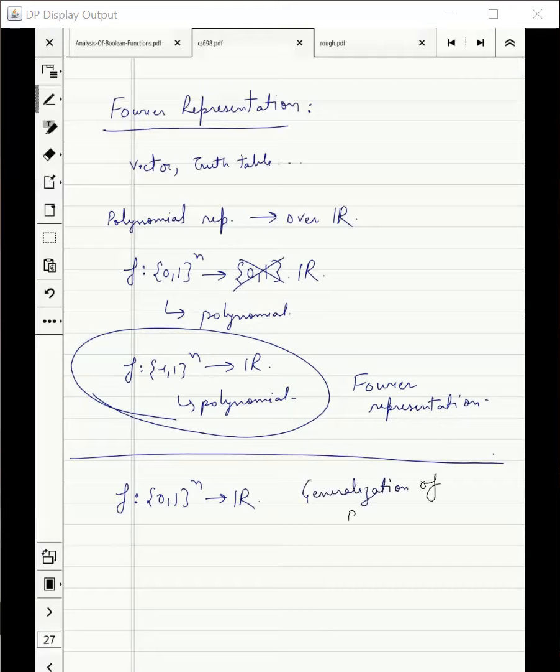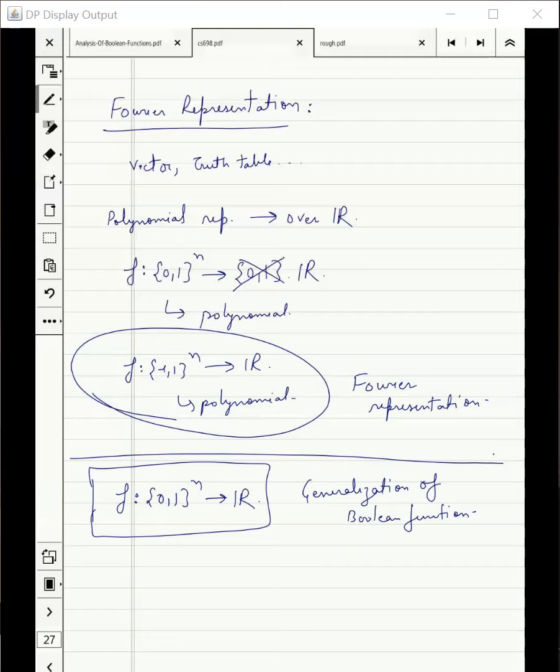Today, when we talk about polynomial representation, there will be a polynomial representation for this generalized Boolean functions. And when we restrict it to Boolean functions, then we will see some nice ones. That is what you have to remember. The theory is true in generality. Some of the specific properties are going to work when we restrict our range to be 0, 1 or -1, 1. But for us at this point, these are the functions we are talking about. Any question? Okay, good.